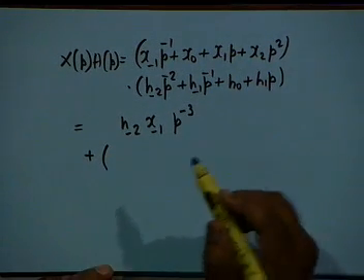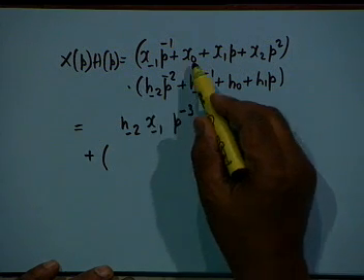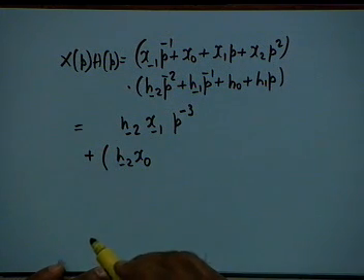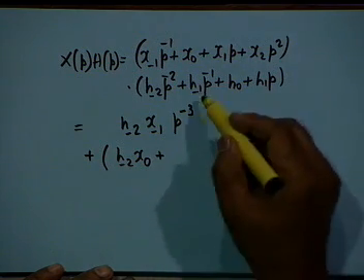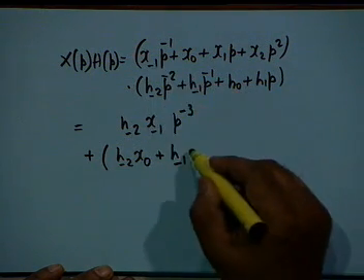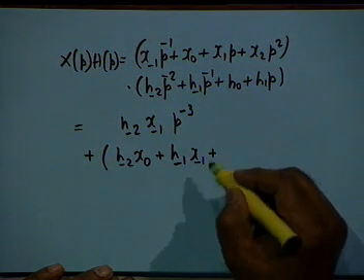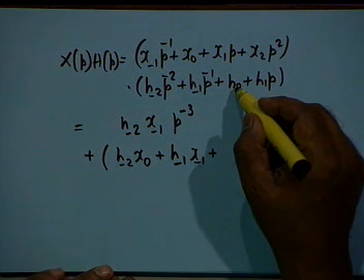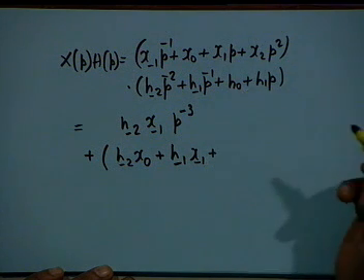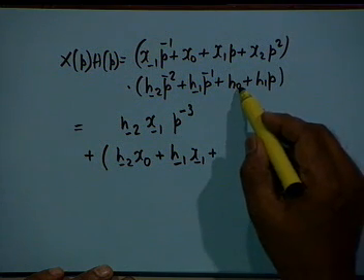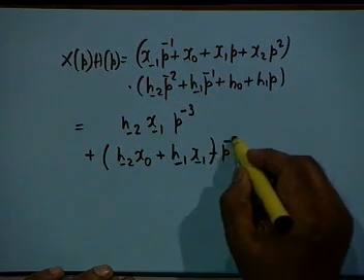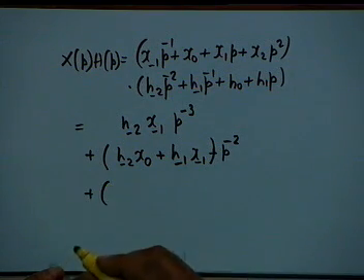Then the p to the minus 2 terms. h minus 2 multiplies x0, then plus h minus 1 multiplies x minus 1, you get p to the minus 2, x minus 1 plus h naught multiplies h naught x minus 1. h naught multiplied, I want p to the minus 2, that's all, okay, p to the minus 2 plus